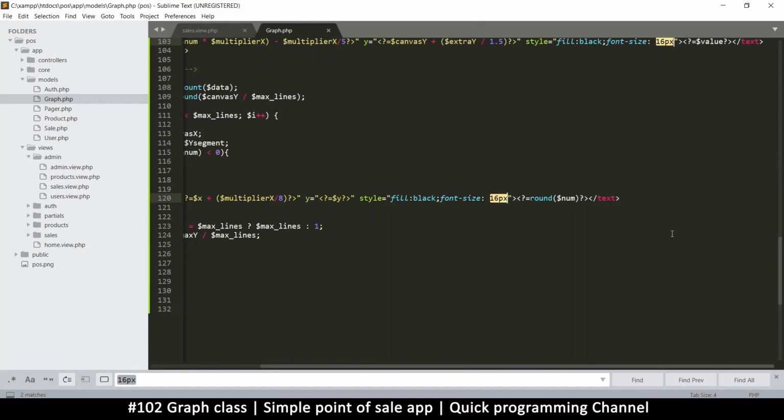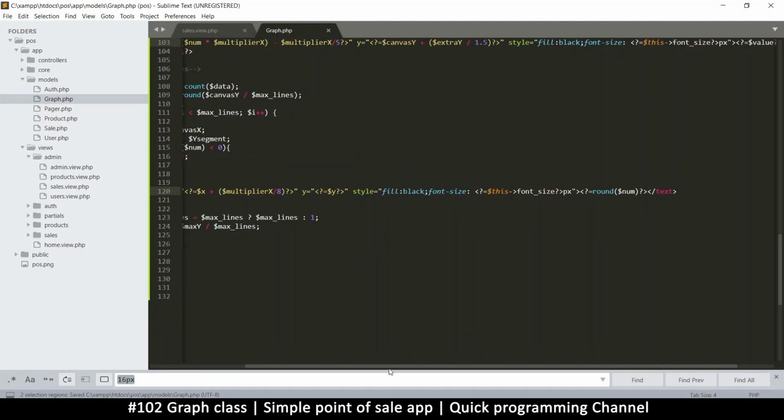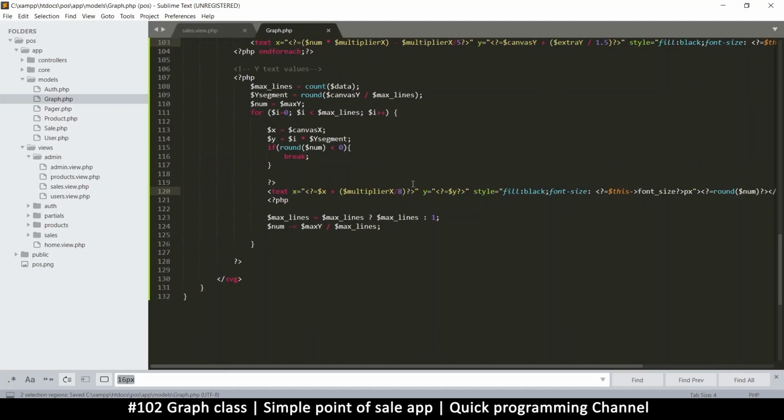We're going to put PHP tags and echo font size like that. Close that, then put px there. Okay, but then we need to put this here because it comes from that top there. All right,